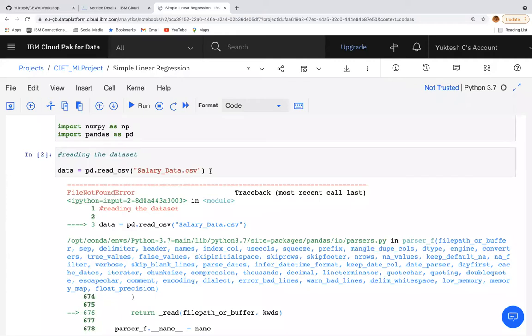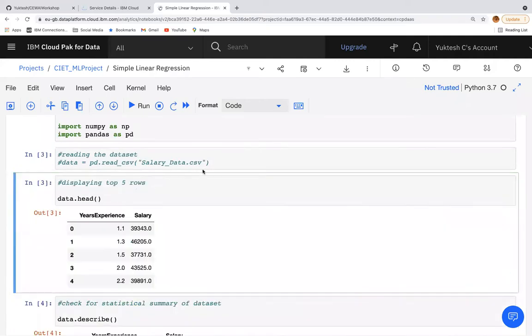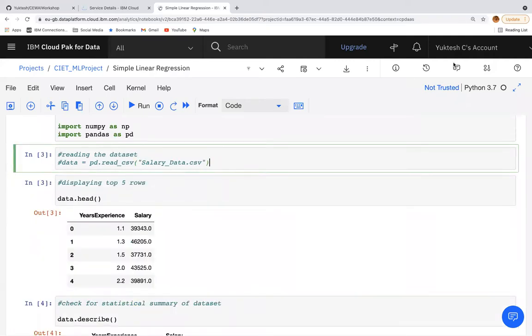This is the code you would use when working on a standalone system, not in cloud environments. Now your code is in the cloud environment, so how do you think this will work? This will not work. Now what I am going to do is comment this out, and I will pull the data set into the code here.